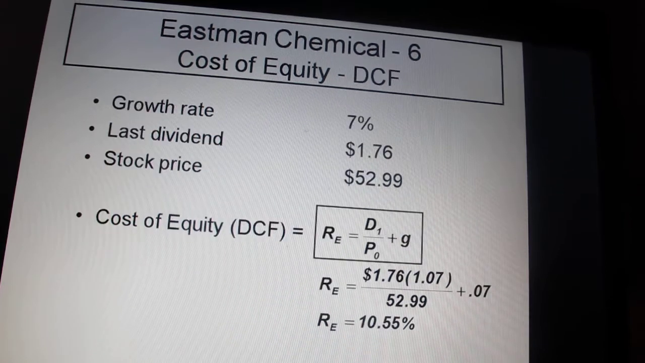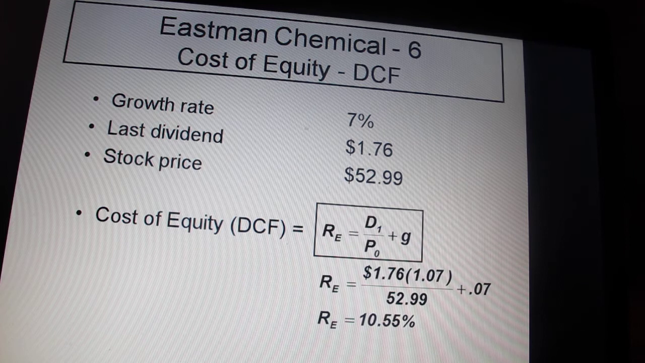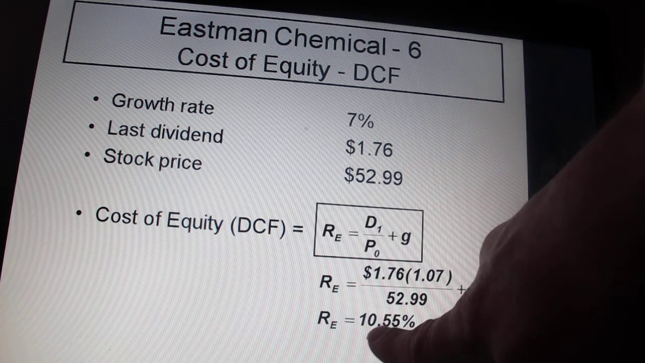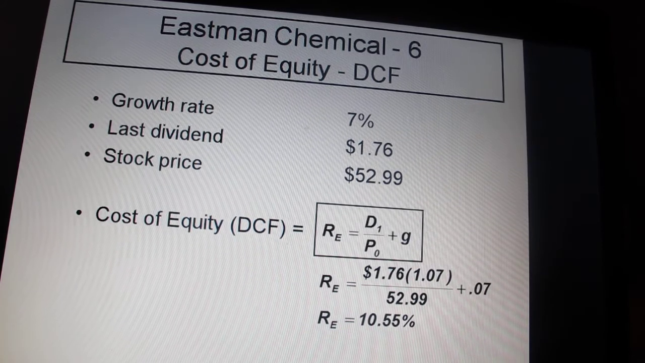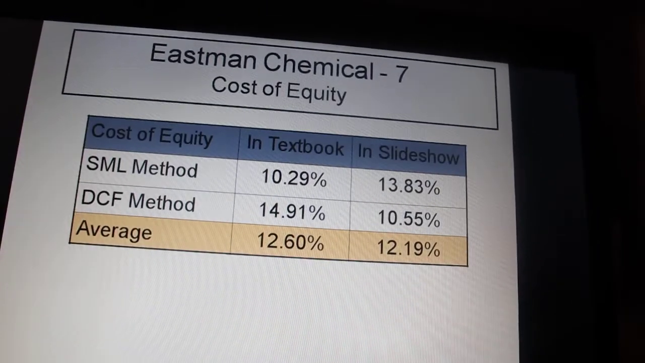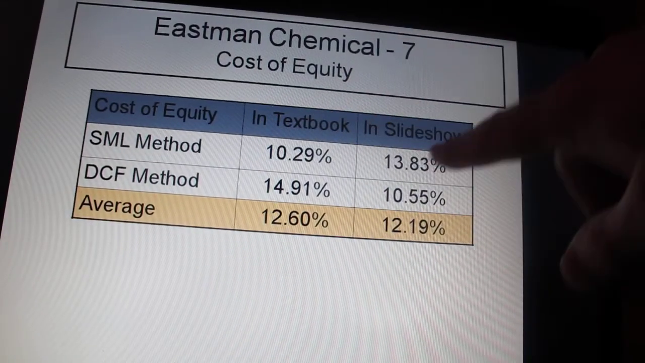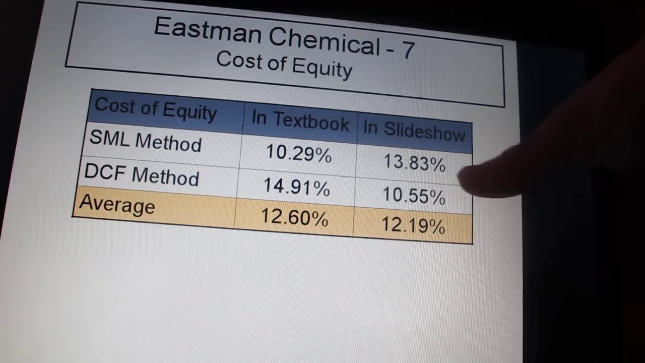All right. If you recall, we also talked about the growth rate, and we looked at the last dividend. We talked about stock price, and the reason we were digging into that information is because of the dividend growth model approach. And if you use that approach, you'd end up with a cost of equity of 10.55%. So we ended up with two different costs of equity. Let's go back. I'm sorry. Using the SML method, we ended up with 13.83, and with the dividend model,